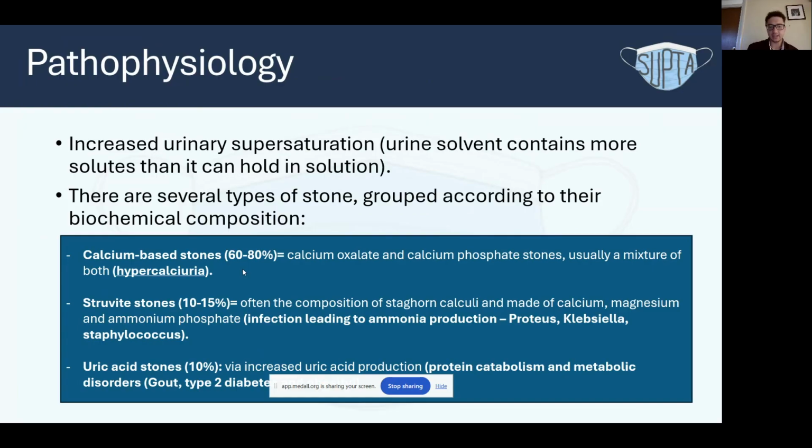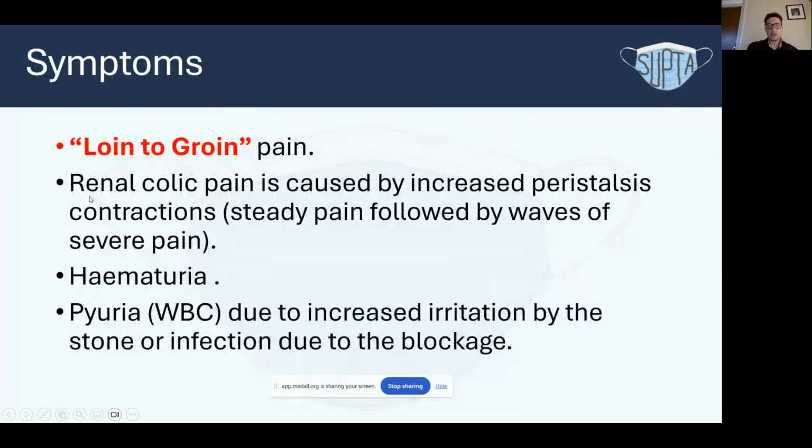And then you have uric acid stones, and those are 10%, so they're not as common. These are due to protein catabolism and metabolic disorders like gout and type 2 diabetes. But they're not as common. Mainly it is calcium-based stones. For the symptoms, you have loin to groin pain, so it's from the groin up into the loin,